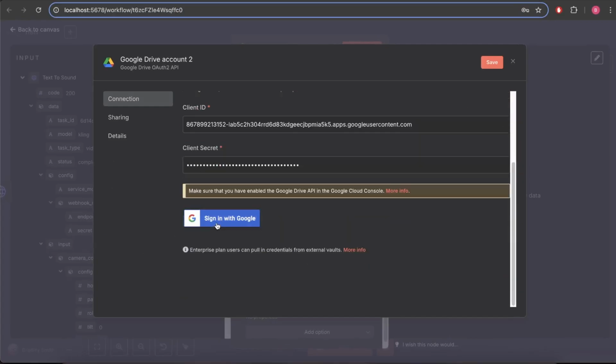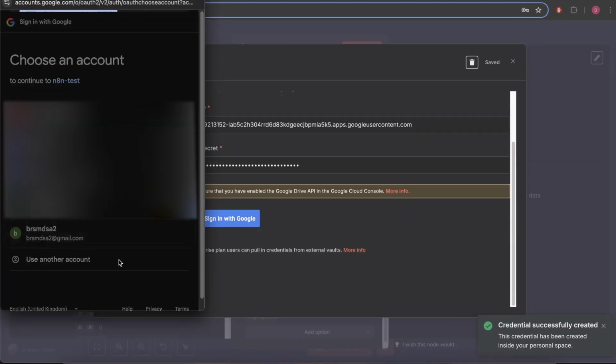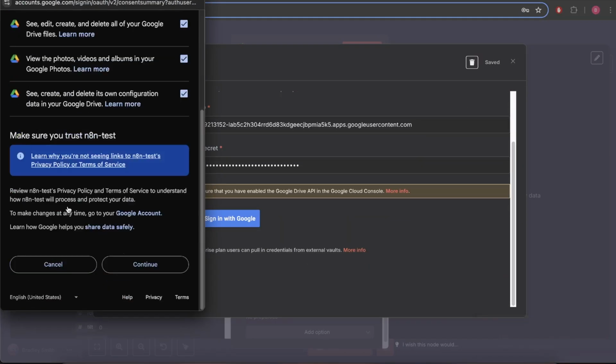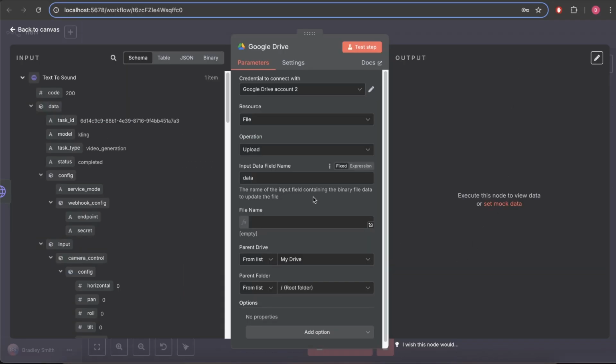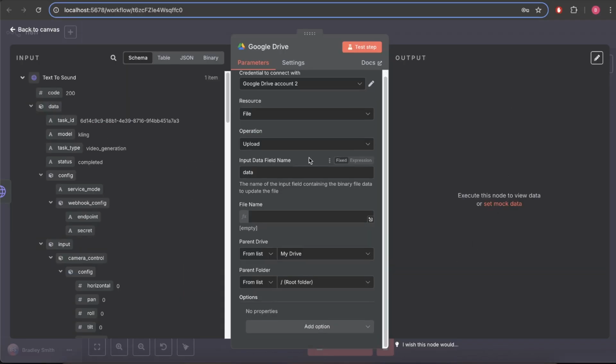Perfect. Let's sign in with Google. Select the account we want to sign in with. Continue. Select all for permissions. Click continue. Connected successfully. Now that we've done that, we should have access to the Google Drive, in which case